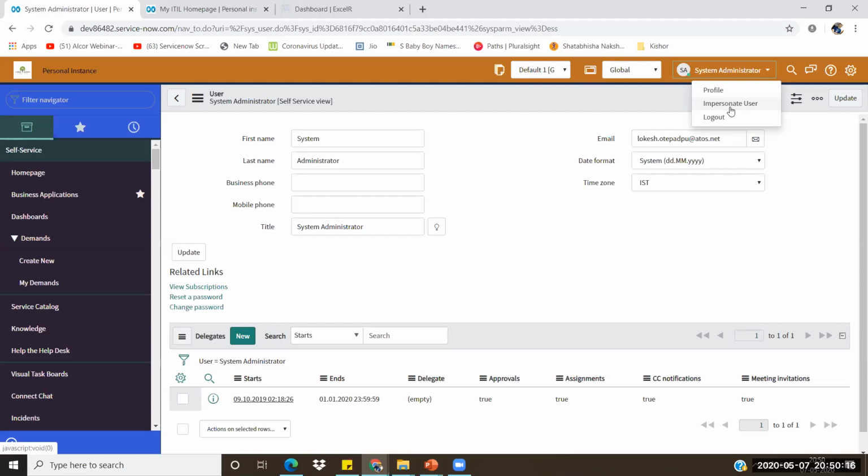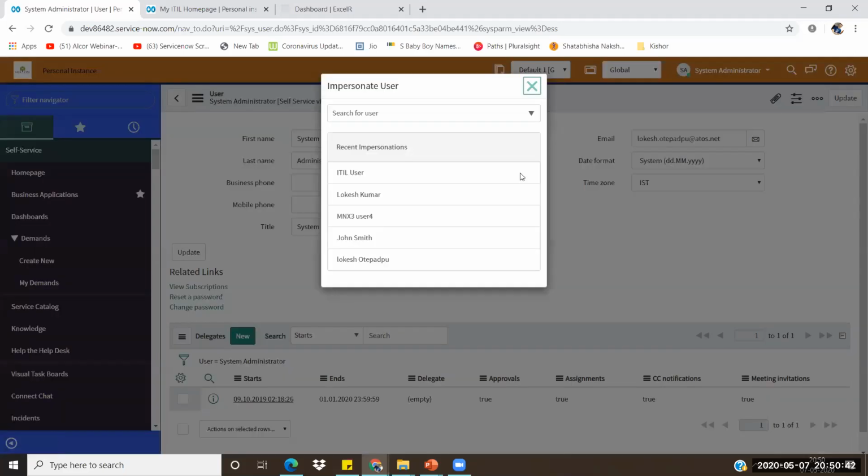Okay, so now I got an incident saying that the user is reporting that he is not receiving the email, or else the user is saying he is not able to add the content to the home page. So what I have to do, this is basically a user specific issue. Instead of telling the user to share his screen and show the things, I can, with the help of impersonate, log in as that user, and I can see